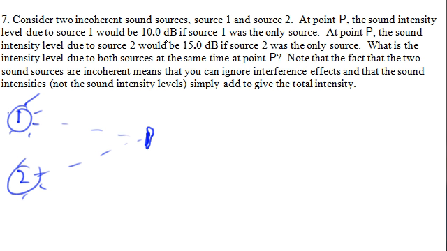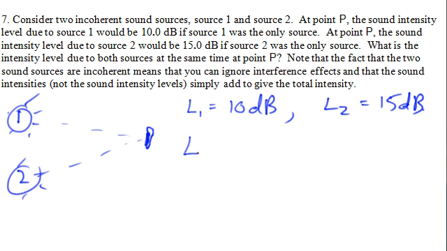So we're given information about the levels. Sound level 1 is equal to 10 decibels, and sound level 2 is equal to 15 decibels. And we want to know what the combined level is going to be, and it's the intensities that add, not the levels. Our formula sheet tells us that L is equal to 10 dB